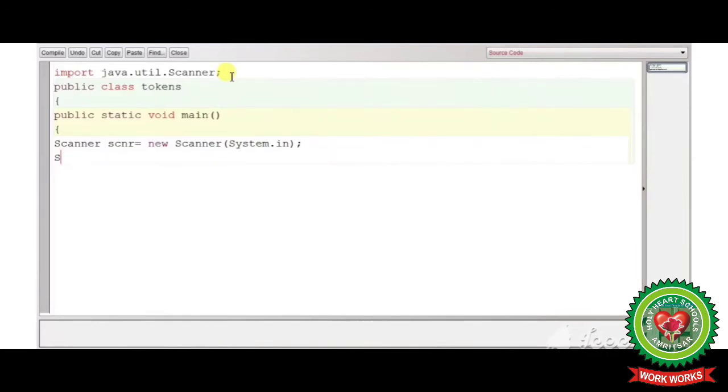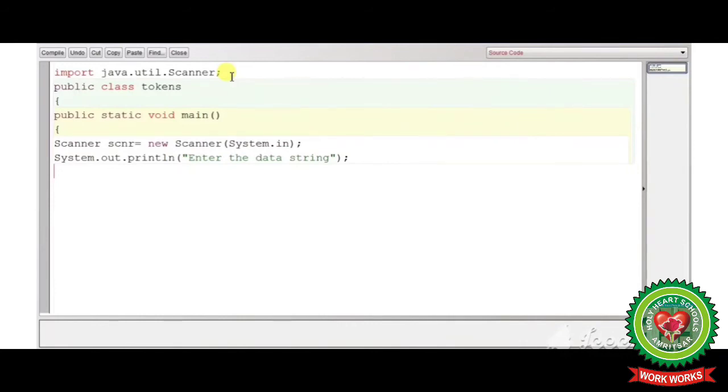Enter. System.out.println round bracket start, double quote start, and here we will write Enter the data string, double quotes close, round bracket close, semicolon.